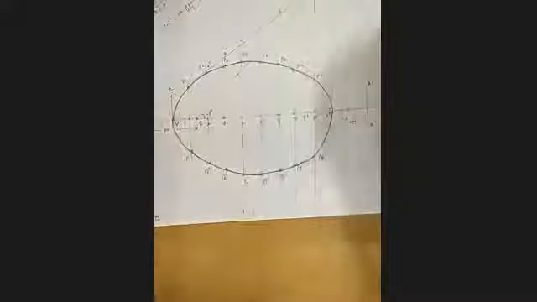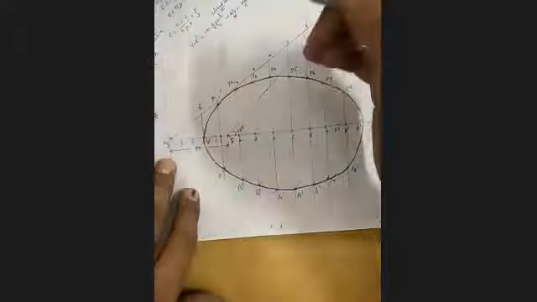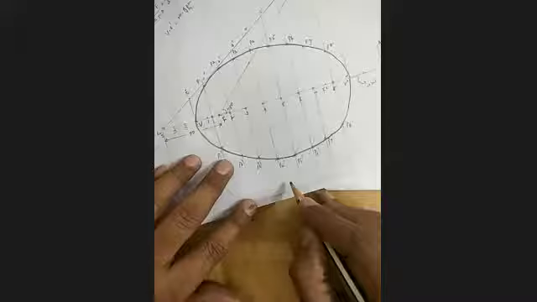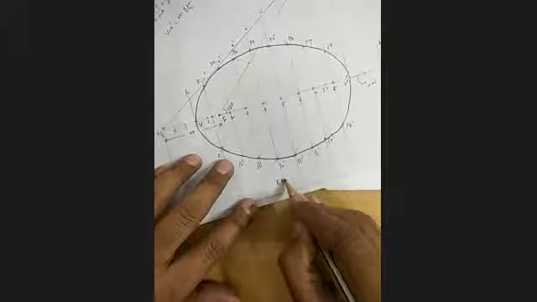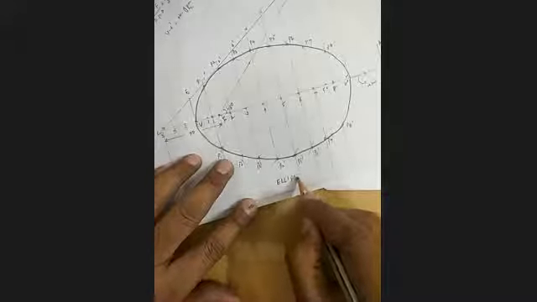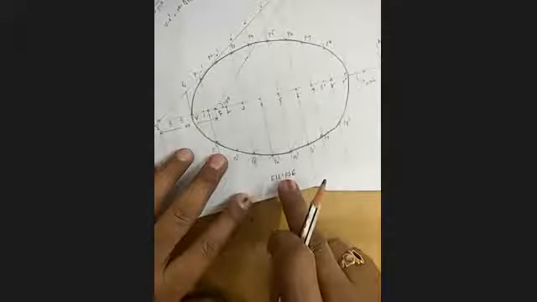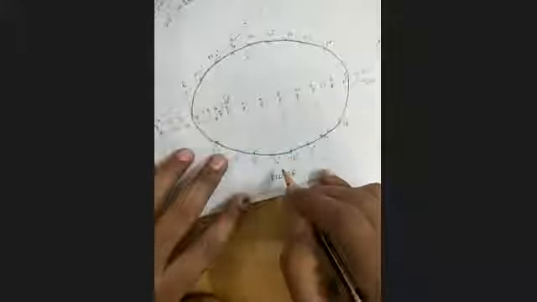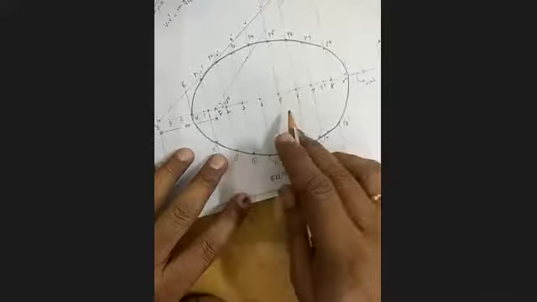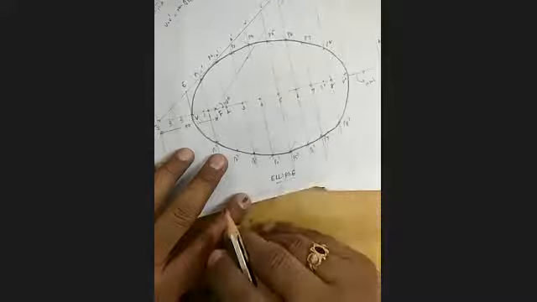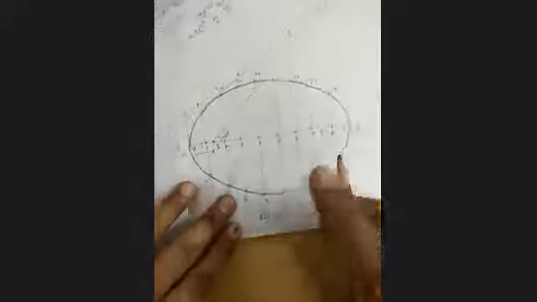Very important thing. There are two questions I asked. Name the curve. He will ask to name the curve. Right here: ellipse. Finish. Always write it below the figure. So many students will write above. No, as you have always seen in the book, the title is below the figure. So write ellipse. Finish.